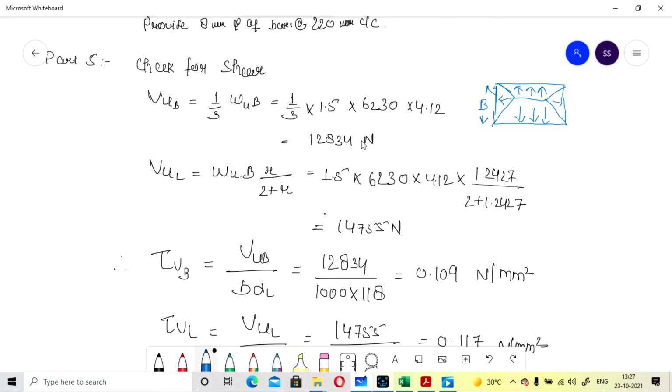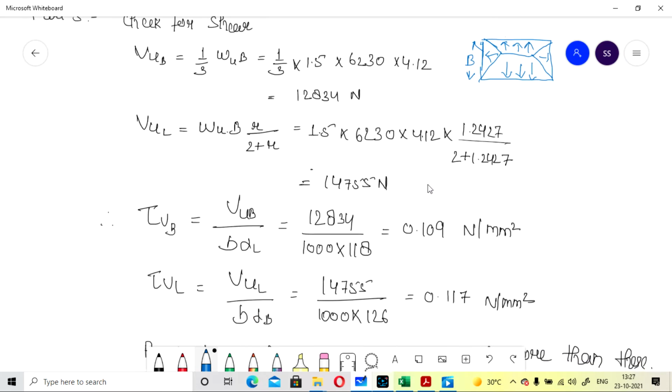Similarly for the longer span, it is W into B into R upon 2 plus R, where R is the ratio of L by B. So 1.5 into 6230 into B, the width, 4.12, into 1.2427 upon 2 plus 1.2427, so the value will come to around 14755 Newton.